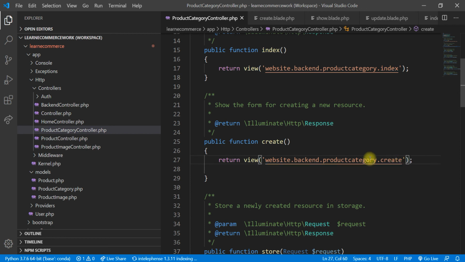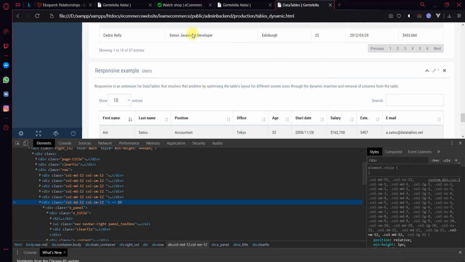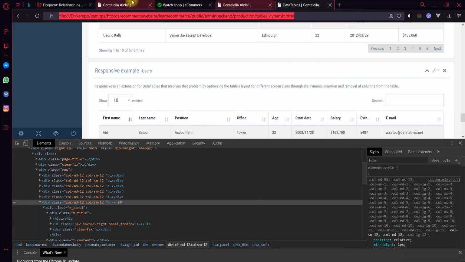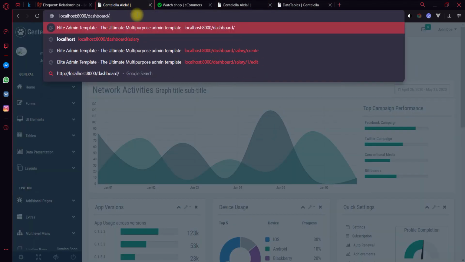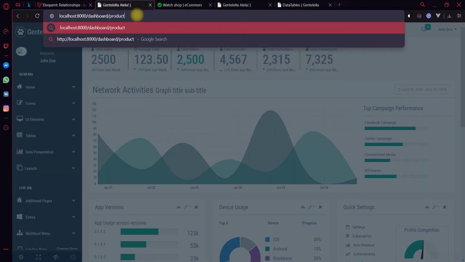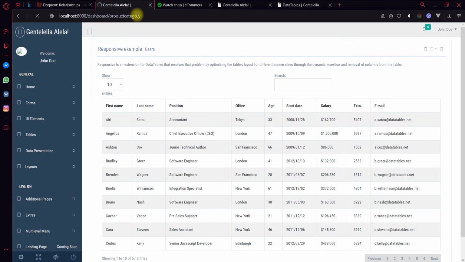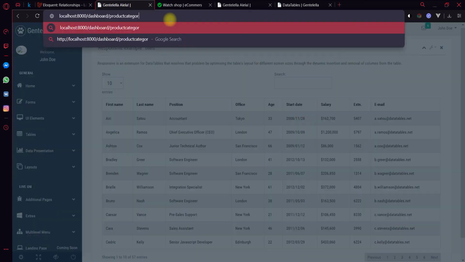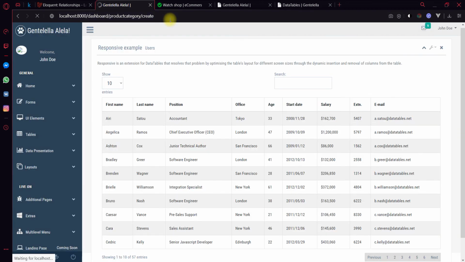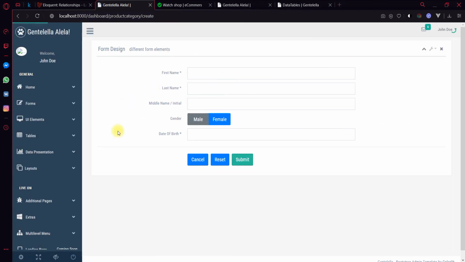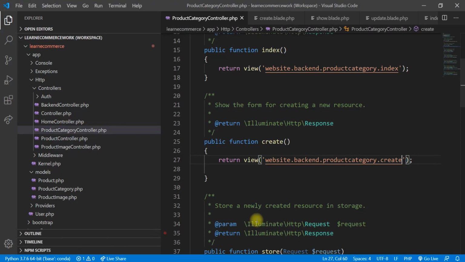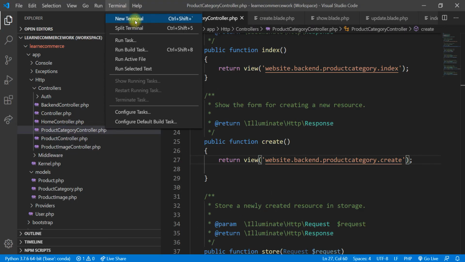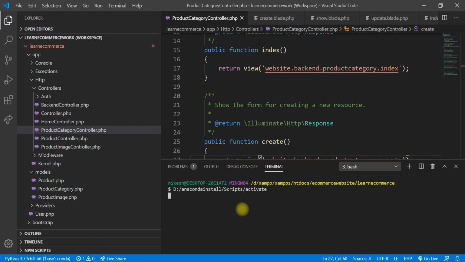I want to show the flow that we have done, the route things. We have done all the resources. Let's make one product category and hit enter. It will show this table. Then let's go to create, and it will show this form. You can see these things in